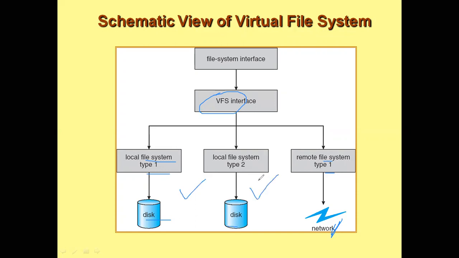If you want to avoid that problem, then you can have an abstract view of all these file systems in the form of a virtual file system. So whenever you try to access these three different types of file system through the virtual file system, these three will appear as one single file system. That is, you can use only one API to access all these three file systems. You don't have to use different commands to access them. You can just use a similar set of APIs. So it is easier to access file systems which are of different types.